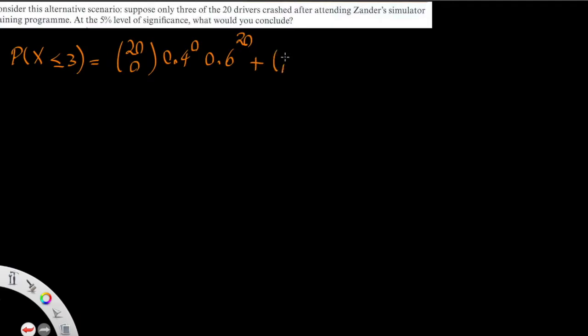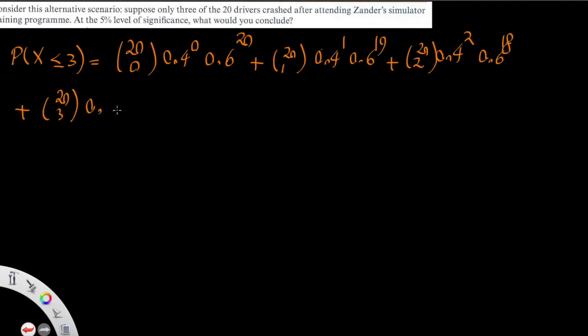Of this example, consider this alternative scenario. Suppose only 3 of the 20 drivers crashed after attending Xander's simulator training program. At the 5% level of significance, what would you conclude? Now, we calculate probability of X less or equal to 3, which is equal to 20C0 0.4 to the power of 0, 0.6 to the power of 20, plus 20C1 0.4 to the power of 1, 0.6 to the power of 19, plus 20C2 0.4 to the power of 2, 0.6 to the power of 18,